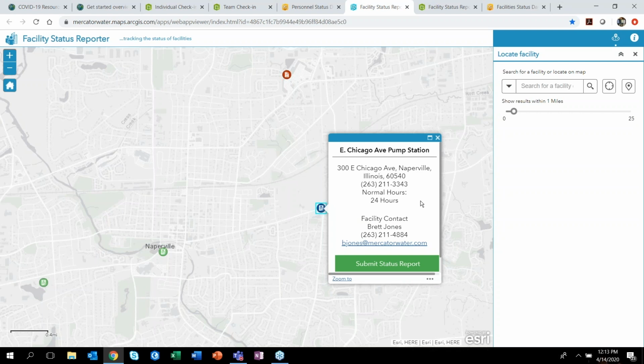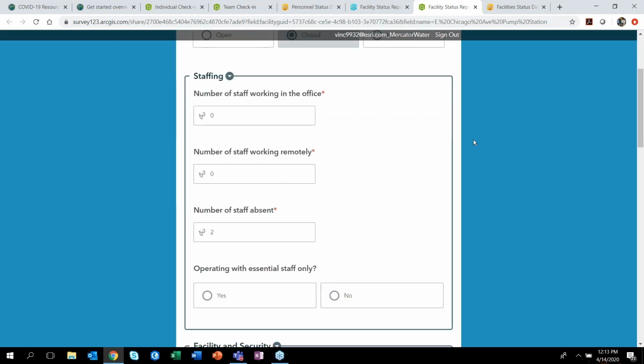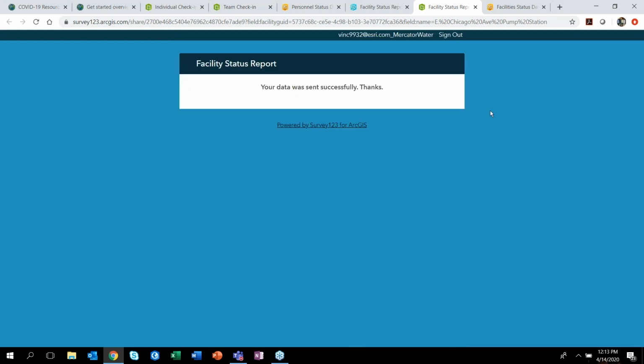Now, because I know Vince is not working today because he's sick or out of the office, I want to submit a status report and change the status of this facility. They can link out to a facility status report survey and change the status of this facility accordingly. I'm going to change it to closed because I know that Vince is the last employee that's staffing that pump station, and I can come in, submit that survey, and now that facility status is going to be reflected across